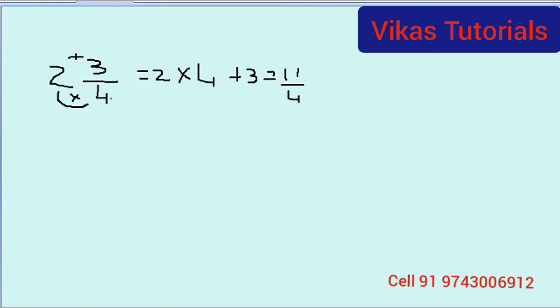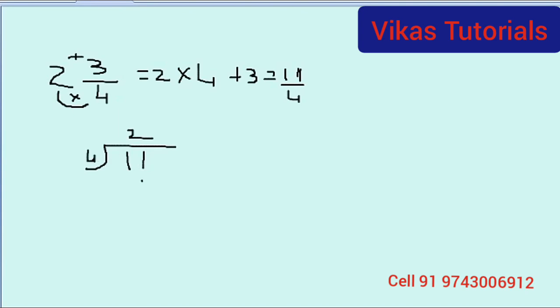The denominator of the proper fraction is written here as the denominator. Okay, this is 11 by 4. 4 into 2, 8. 8 plus 3, 11. 11 by 4. This improper fraction, now I will convert it into a mixed fraction. See how it is done? What do we do? Divide it by the long division method. 11 is divided by 4.